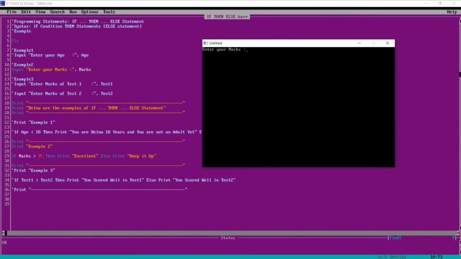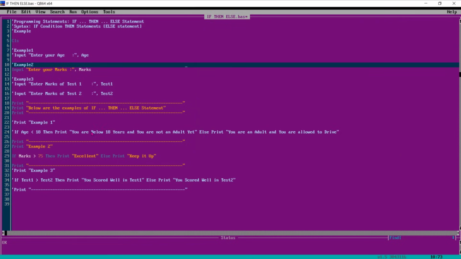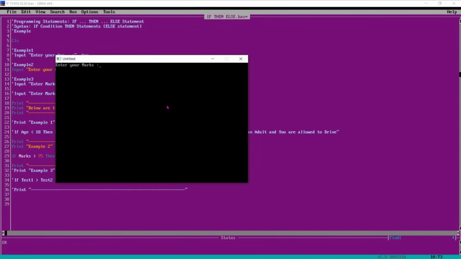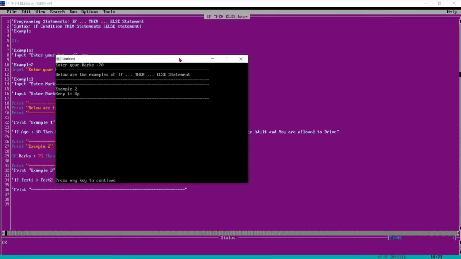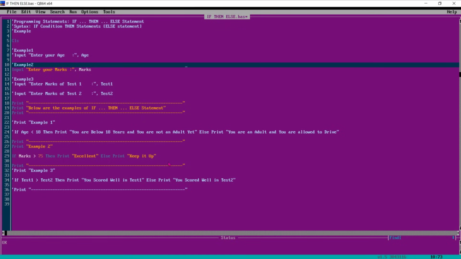So the first condition we will satisfy. Let's say I have entered 76. So it prints example 2, excellent, because this condition is satisfied. Again we enter. If I enter 70, keep it up, because it doesn't satisfy this condition, then keep it up. Okay. So we are done with example 2 as well.